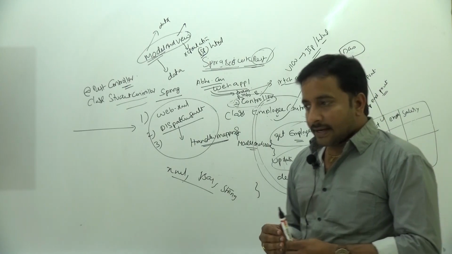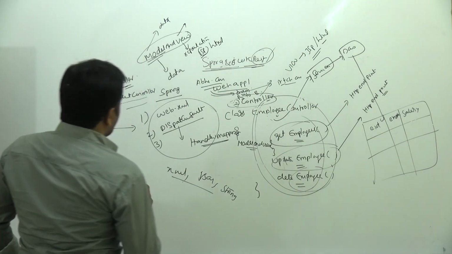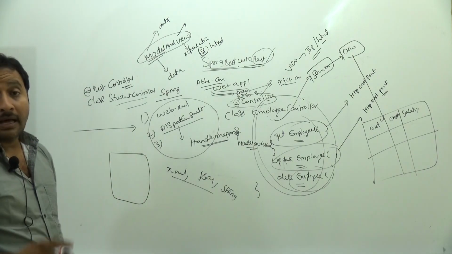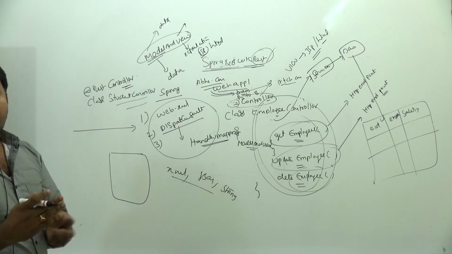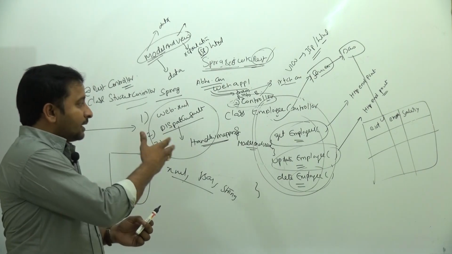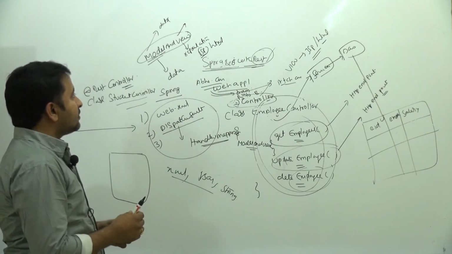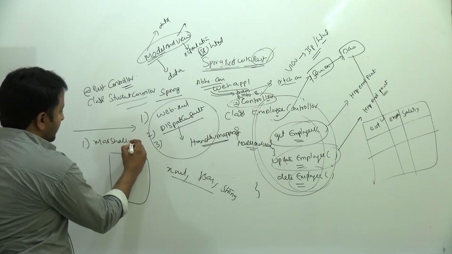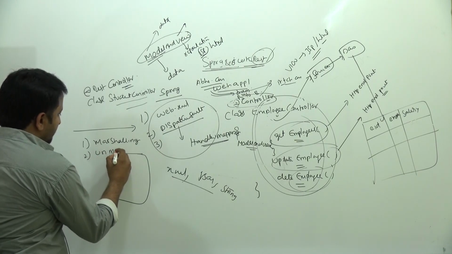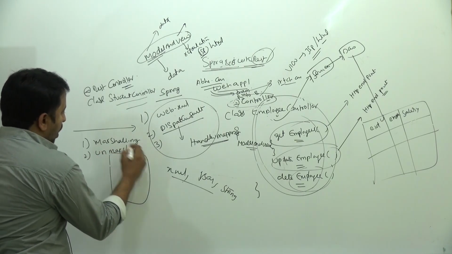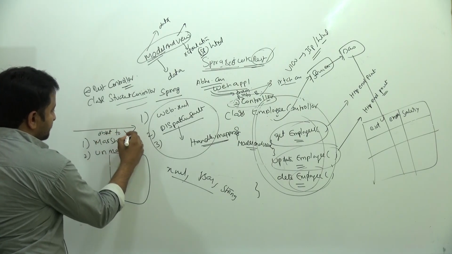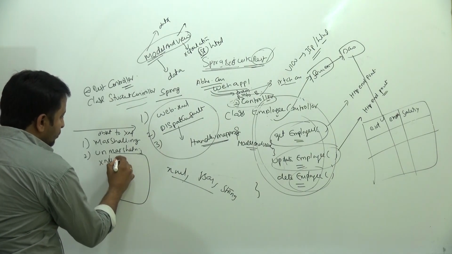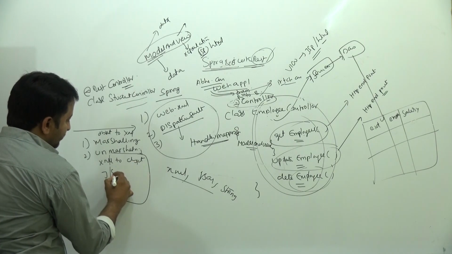But whenever we are sending data to the REST controller, it has to be converted into an object. Definitely it has to be converted into an object, because unless it is converted into an object, the data can't be understood by the Java framework. That is the reason marshalling and unmarshalling are required. Marshalling means object to XML or anything. Unmarshalling means vice versa, probably XML to some object, or JSON to some object.